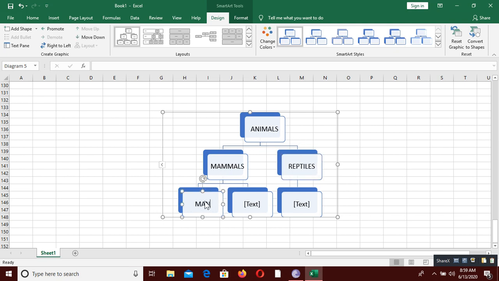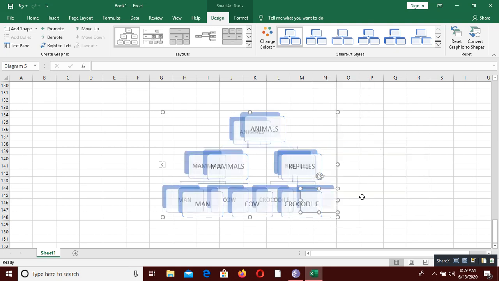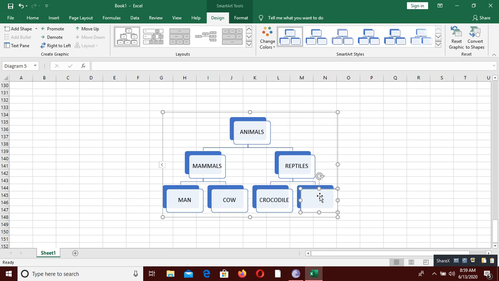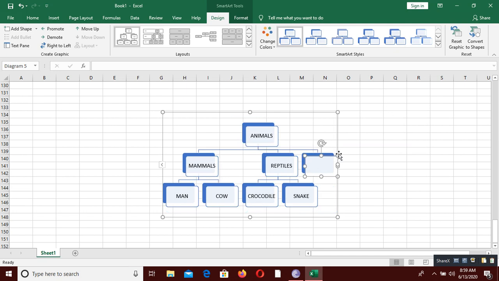So we have man, cow. So here we have crocodile. You can add another shape after this. Right click on this shape, add shape after, so that we have another example of a reptile. So on this crocodile we need another reptile, just like that. So you need to give another example of an animal. So you just right click on this, add shape after, again add shape after,